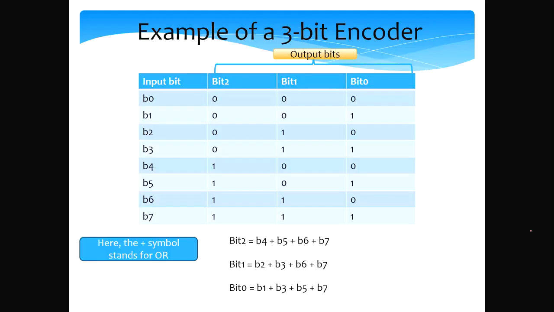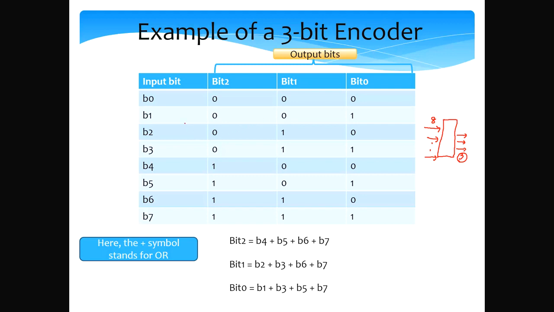Let us look at designing a 3-bit encoder. If I want to draw the circuit of the encoder, this is what it would look like. I'm sorry, not a circuit, a high-level diagram. In the case of a 3-bit encoder, I have 8 inputs and I have 3 outputs. One of the inputs is equal to 1, and I need to find out which input it is and then encode the number of that input in binary.